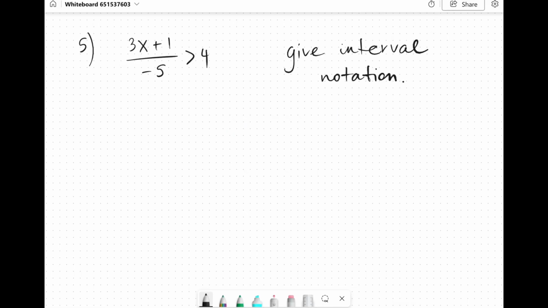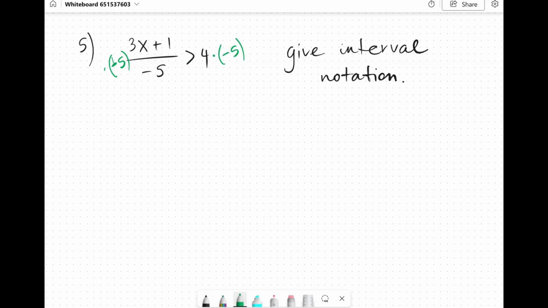Here's the final problem before we move into word problems. 3x plus 1 all over -5 is greater than 4. I personally like to first remove fractions. I don't like to work with fractions, and removing of fractions is done by multiplying. Here it will be a multiplication by a -5. So I will multiply by -5 on the left side, and I will multiply by a -5 on the right